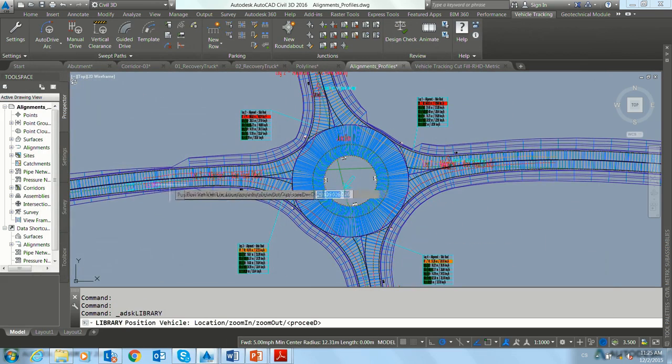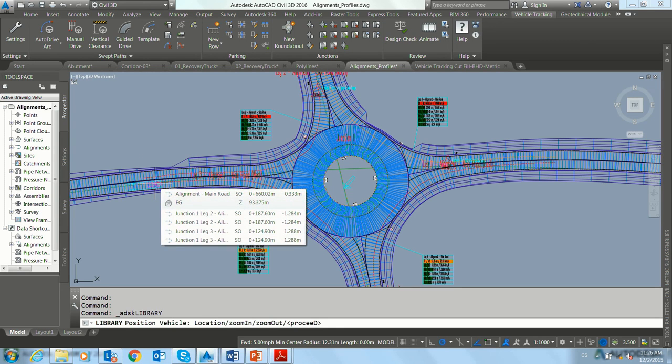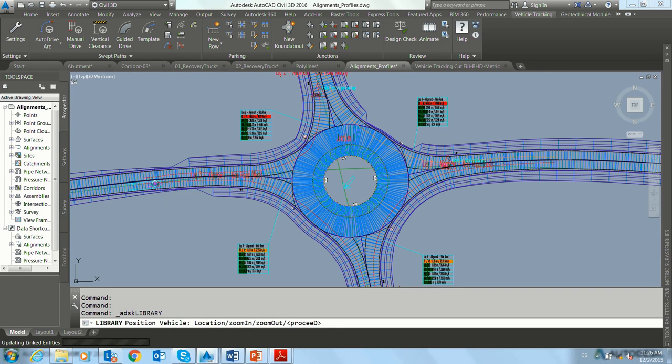And now you can see that the system is automatically placing this vehicle on this roundabout because the system is automatically snapping to the object, and it knows about the fastest track, how the vehicle should pass through my